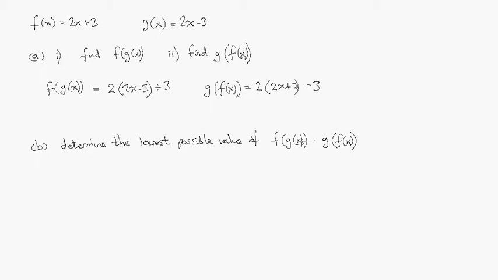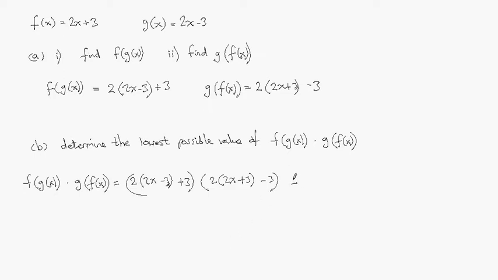So we can say that the product f of g of x times g of f of x is given by 2 into 2x minus 3, plus 3, times 2 into 2x plus 3 in brackets, minus 3,